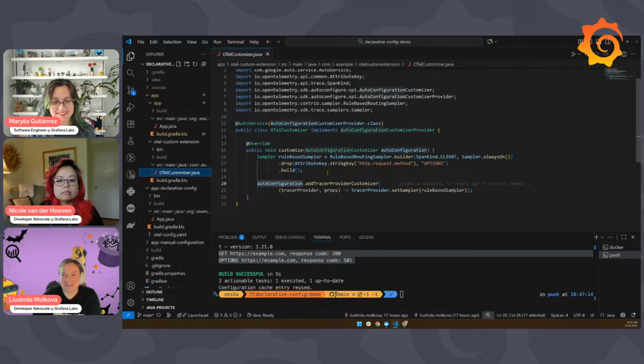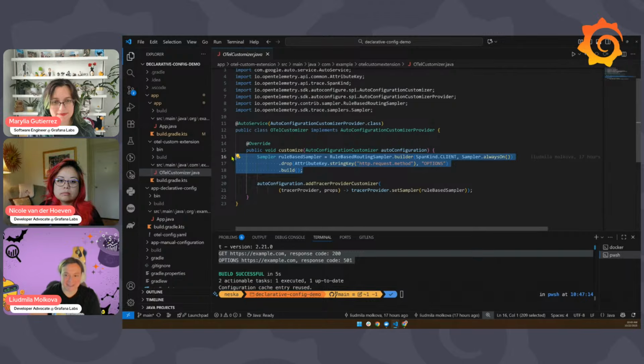So it enables programmatic configuration of this one specific component, the rule-based sampler. It's configured in the same way as declarative config. It's actually the same implementation, it's just the programmatic interface of it. But I need to register something called customizer provider, and it's kind of difficult to discover, and it's a lot of moving pieces.